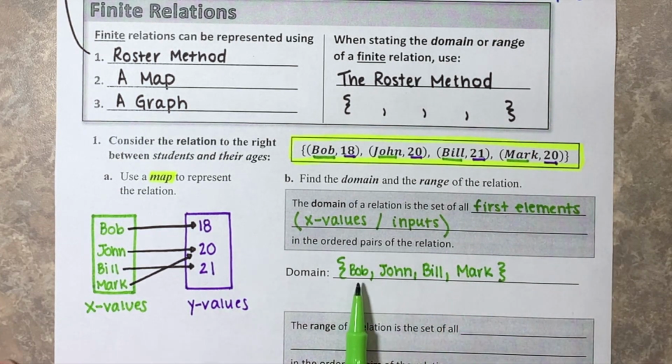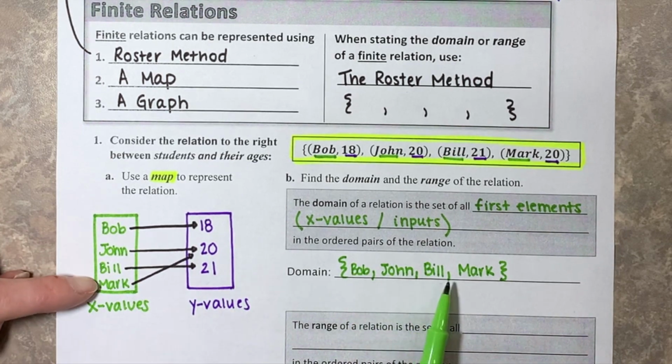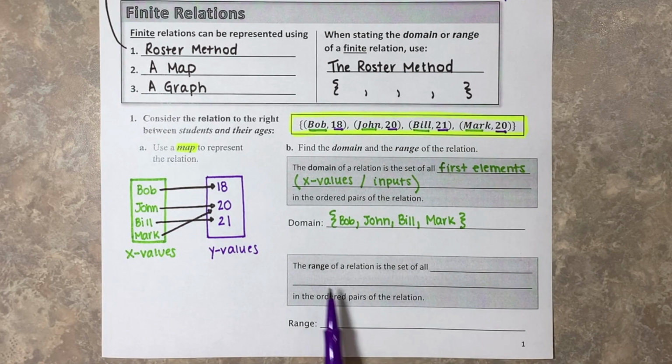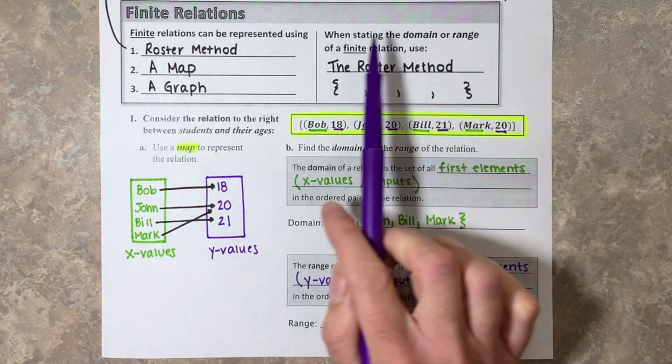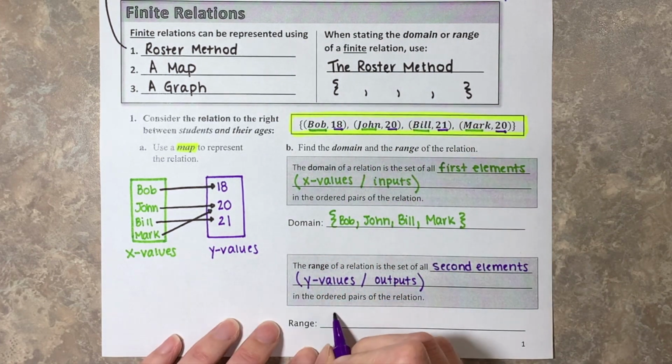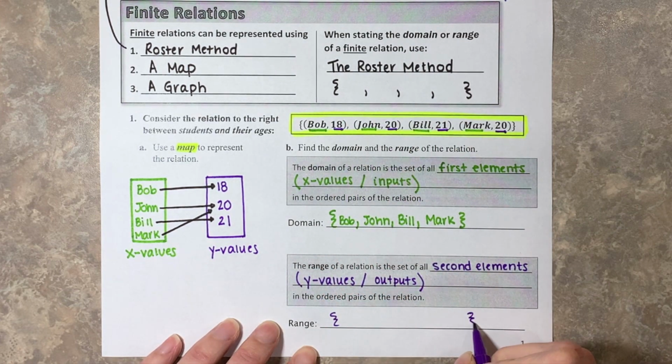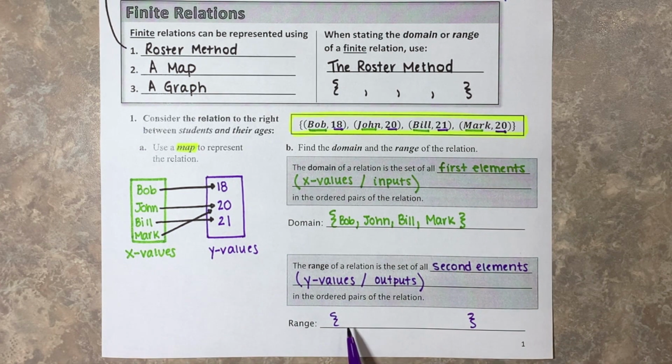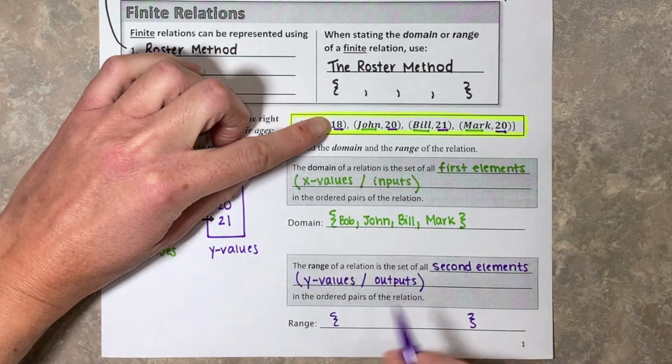We could have also obtained the domain from our map by just copying down these x values right here. The range of a relation is the set of all second elements, also known as the y values in the ordered pairs of the relation. Again, when we're describing the domain or the range of a finite relation, we use the roster method. So we'll start with these squiggly brackets, and then for the range, we'll list the y values and separate them with a comma. Let's see, we've got 18,